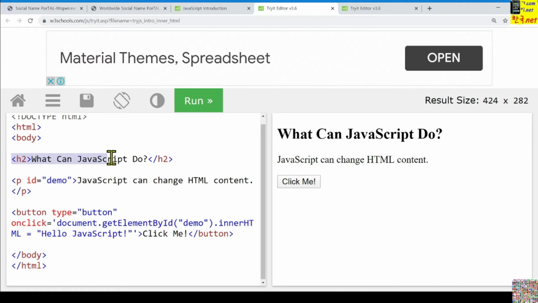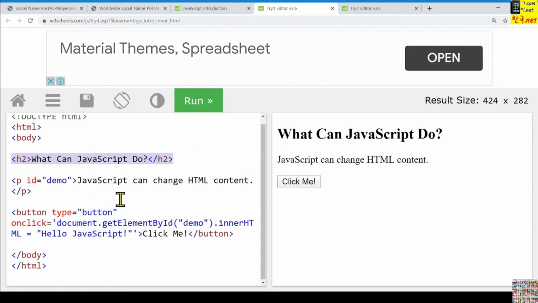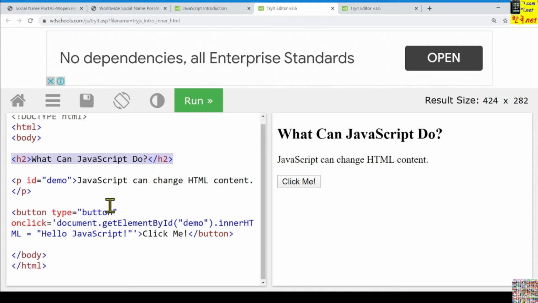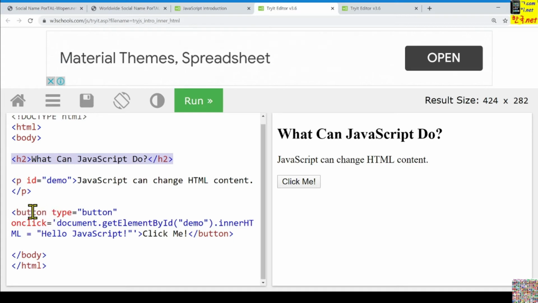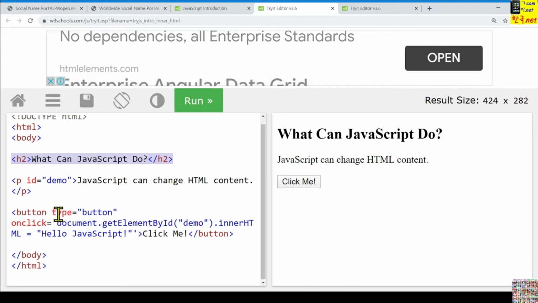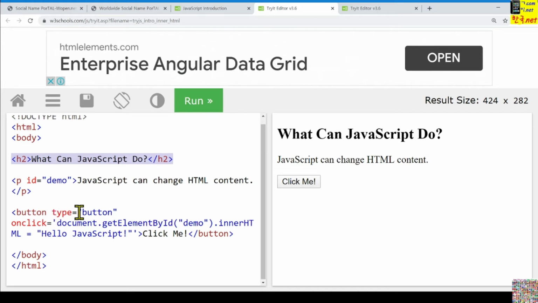I will not explain the HTML and CSS contents here. We'll focus on the JavaScript statement. Even though those are integrated together, and we are using the HTML element, later we'll also use CSS styles.